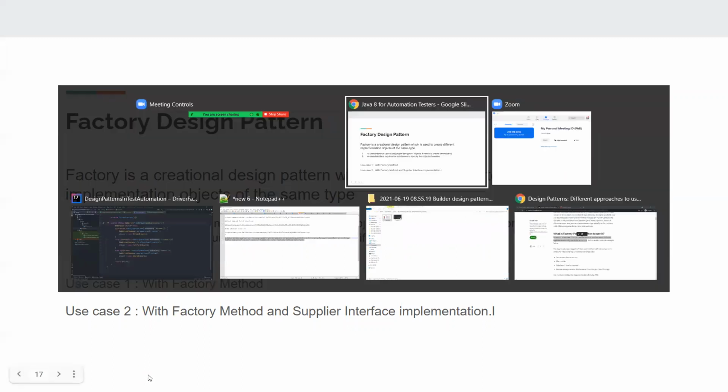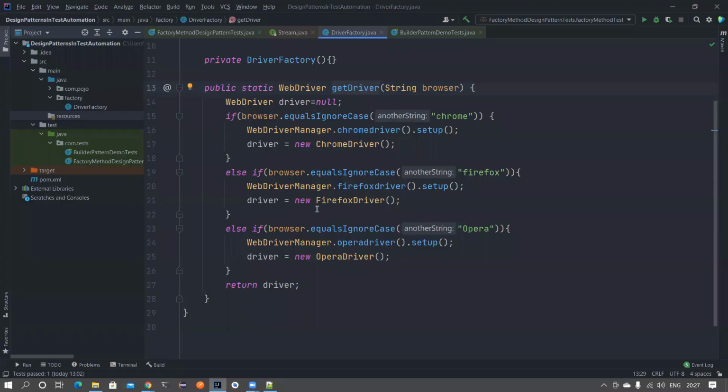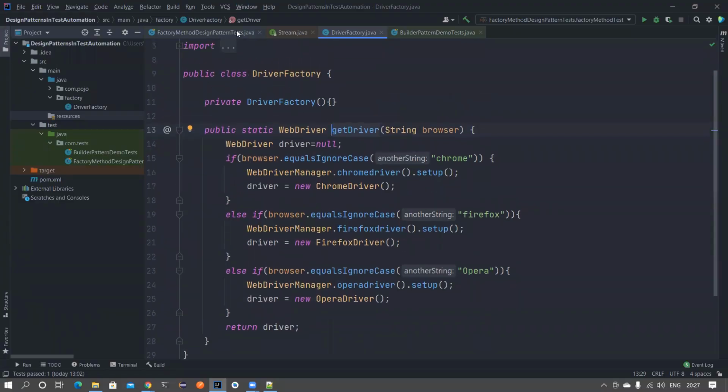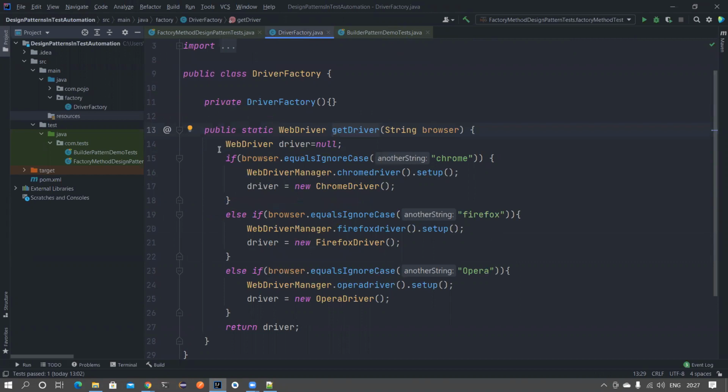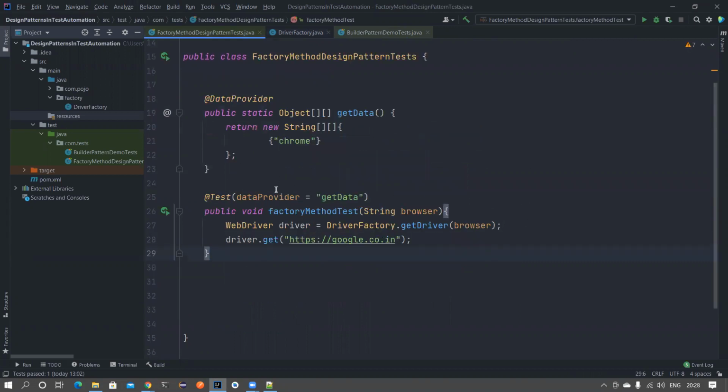So without wasting much time, let me head to my IntelliJ workspace. And this is the exact driver factory class that we have used so far, right? So what has it done? We have a simple test, and we have written a lot of code here. We have done all this analysis of finding whether it is Chrome, then launch Chrome, whether it is Firefox, launch Firefox. All these complex logics were previously residing here in the test method. We then moved to a method that is away from the test. So basically the client does not have to worry about all the complex logic of instantiating the objects. Okay, the factory class can take all that responsibility.